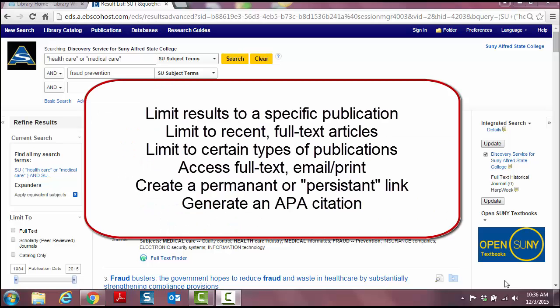This short tutorial will show you how to do the following: limit results to a particular publication, limit results to recent full-text articles, limit results to certain types of publications such as academic journals, magazines, and trade publications, access full-text in email or print the article, create a permanent or persistent link to the article, and generate an APA citation